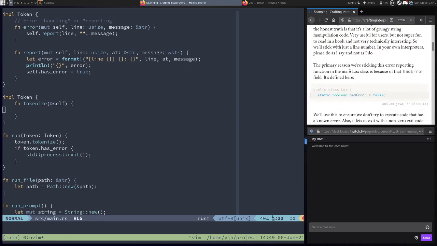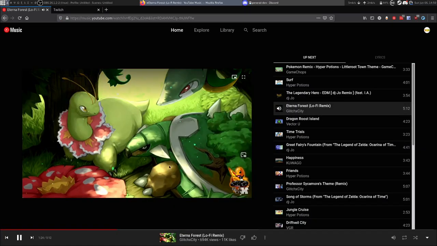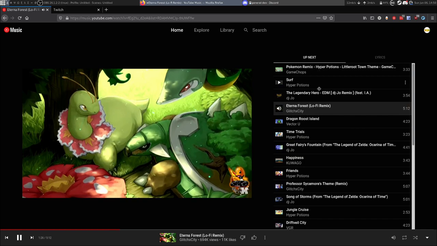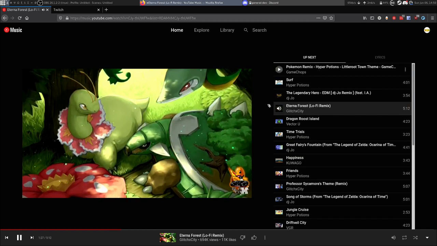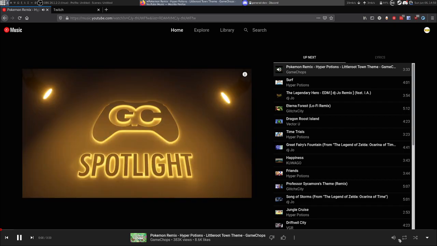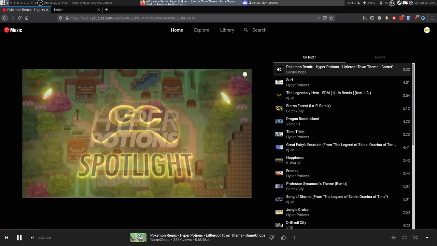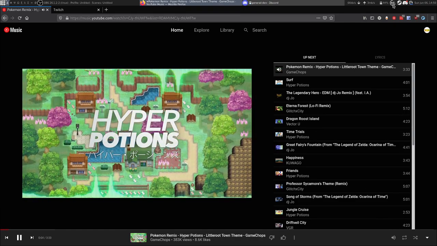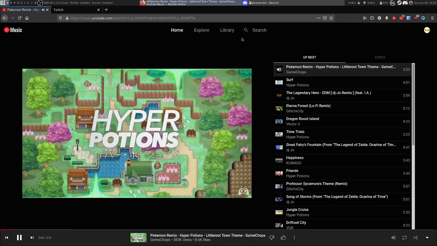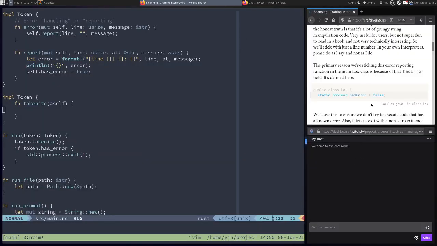Alright, the reason we're sticking with this error reporting function, actually, I like this one. Little Root Town. But this sounds pretty amazing. Okay, so